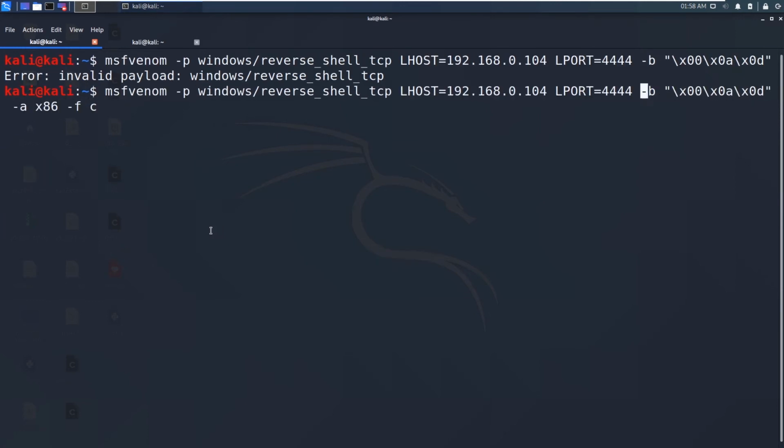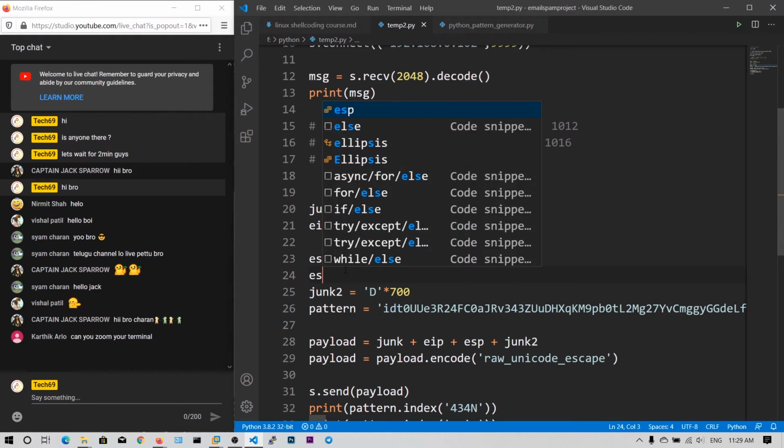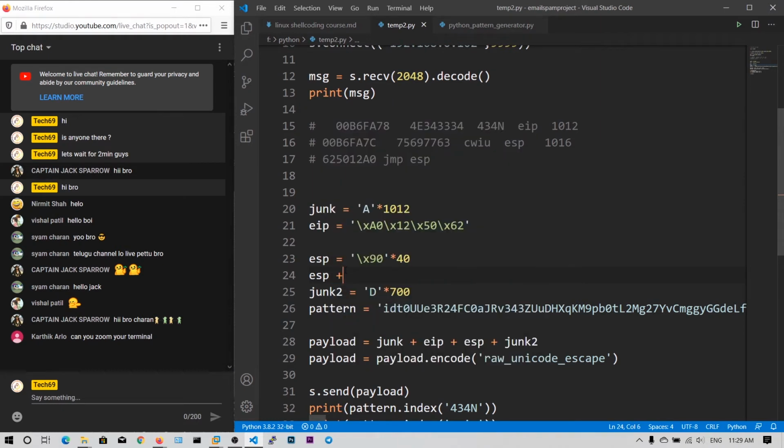Okay, I'm sorry guys, it's shell reverse TCP. I just forgot that. Shell underscore reverse underscore TCP. Now it will generate our payload, and we need to place the payload after these junk bytes. Sorry, after this ESP NOP bytes.